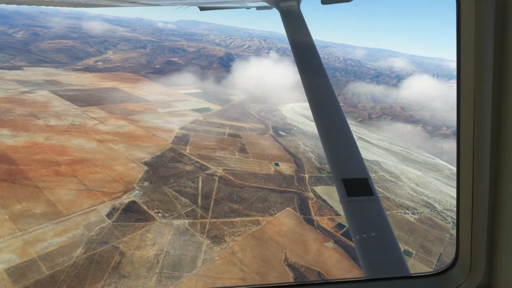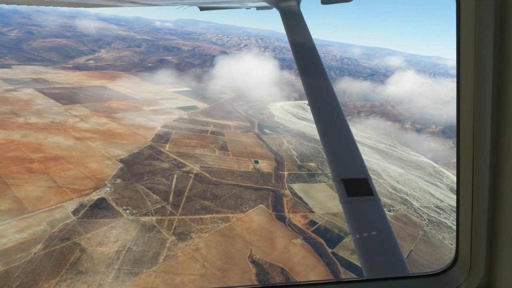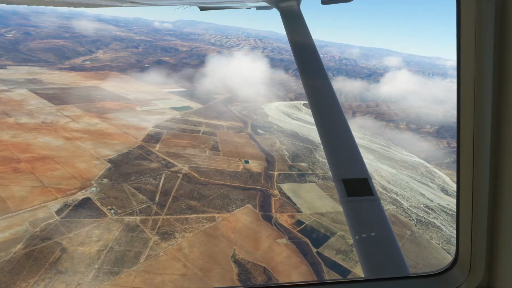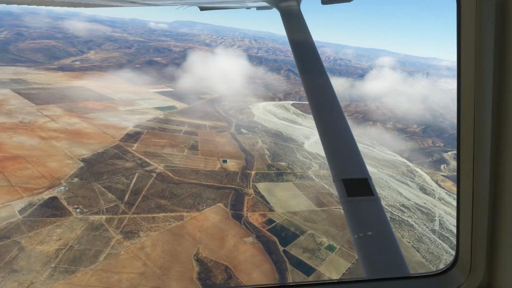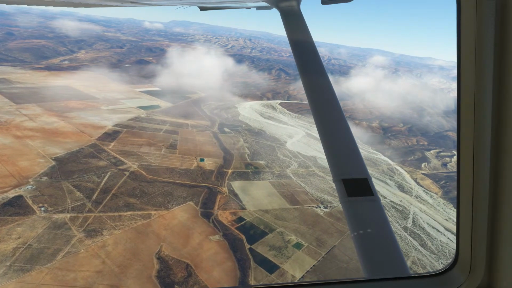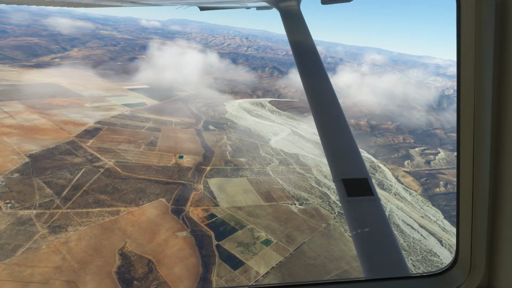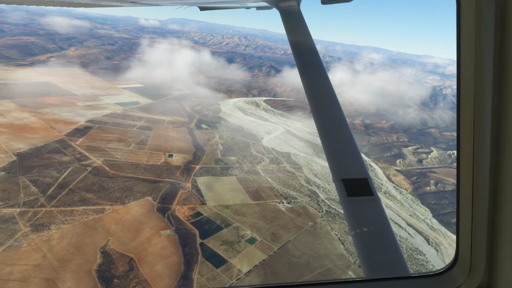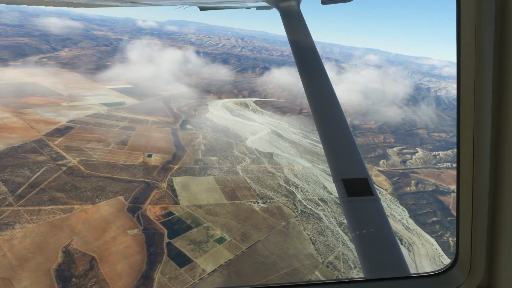So Baja California is actually the upper portion of that peninsula that goes all the way down, and it's the northernmost and westernmost of the 32 federal entities of Mexico. Before becoming a state in 1952, the area was known as the North Territory of Baja California.